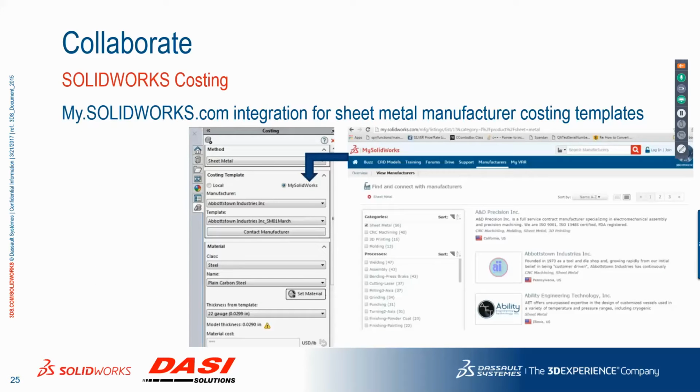Now, one thing that's been happening as of late with mysolidworks.com is companies who do these types of costing templates, more importantly, companies who actually manufacture parts like sheet metal parts, are now placing themselves on the manufacturer's network on mysolidworks.com. Now, you can create your MySolidWorks page if you haven't already done so by simply logging into mysolidworks.com and providing your SolidWorks serial number. But what this gives you